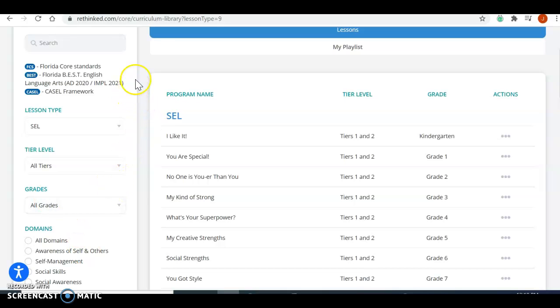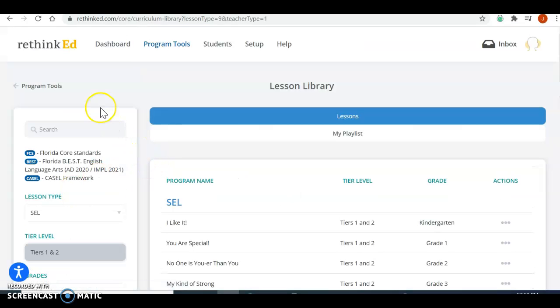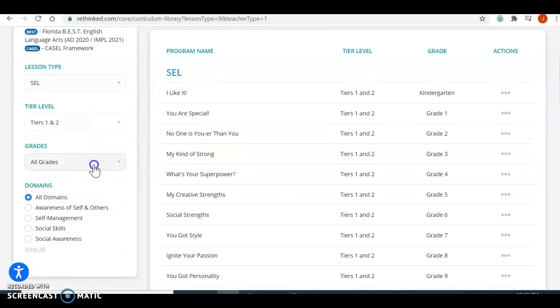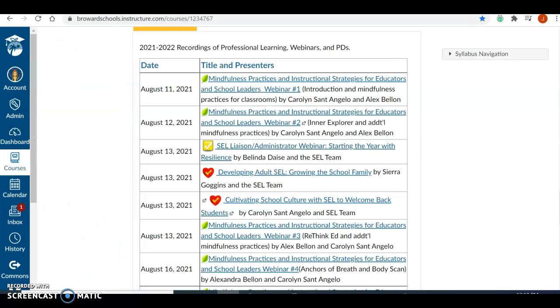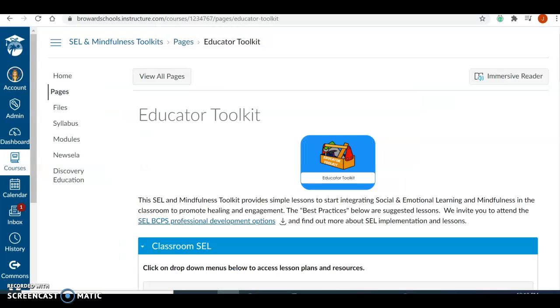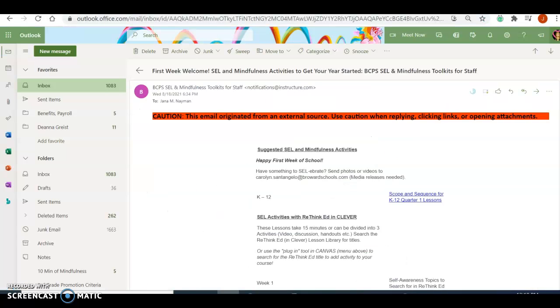So I would highly recommend just going off of the scope and sequence and following that to make your life easier, honestly. So always I would click on tiers 1 and 2 since this is going to be a whole group, and then your grade level, and let's just go off of their recommendation. The recommendation of the district, sorry, way too many tabs, is to do